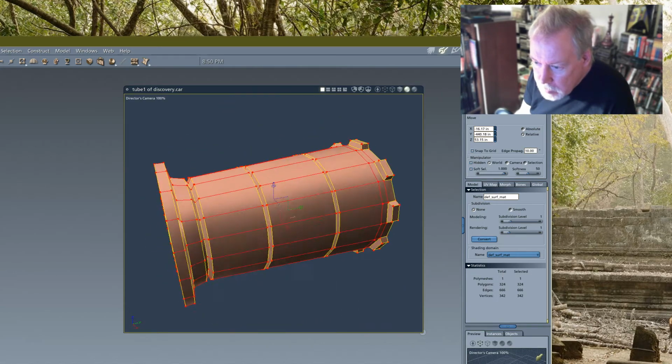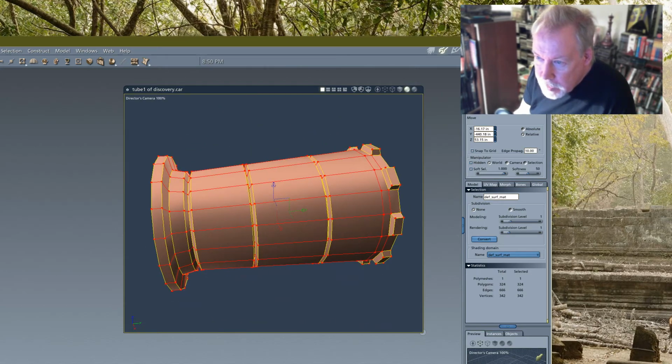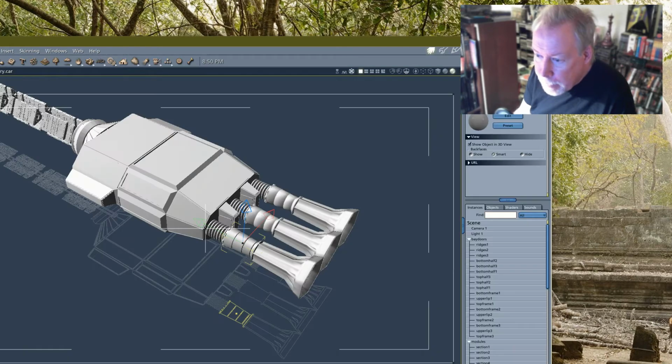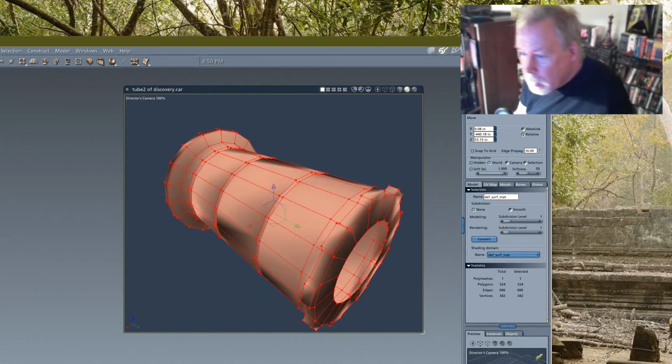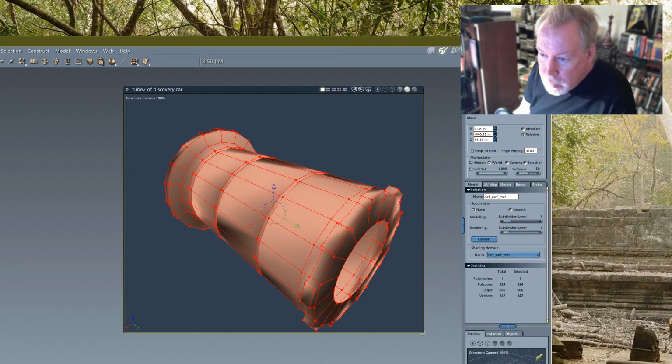Okay, so this looks good. And I did 40 on that, so let's do 40 on the next one. Yeah, Carrara is crap when it comes to modeling because it's using the old 80s style of modeling, which no one uses anymore.